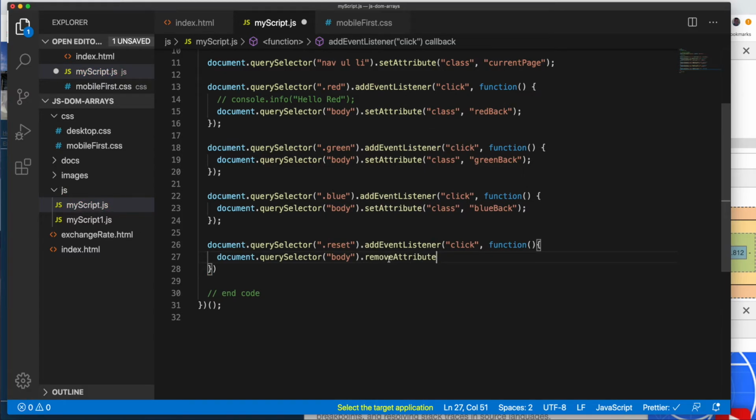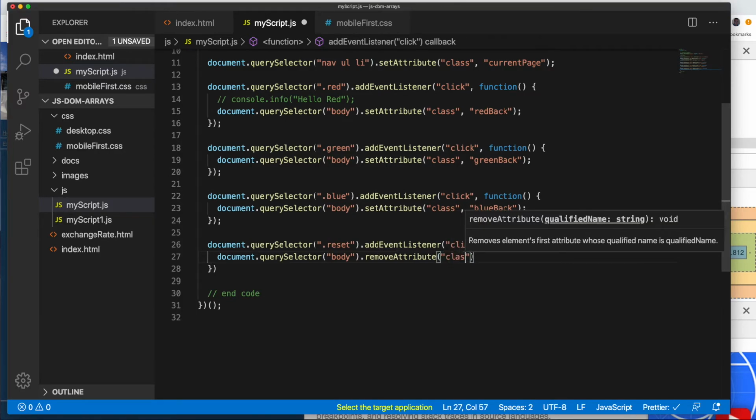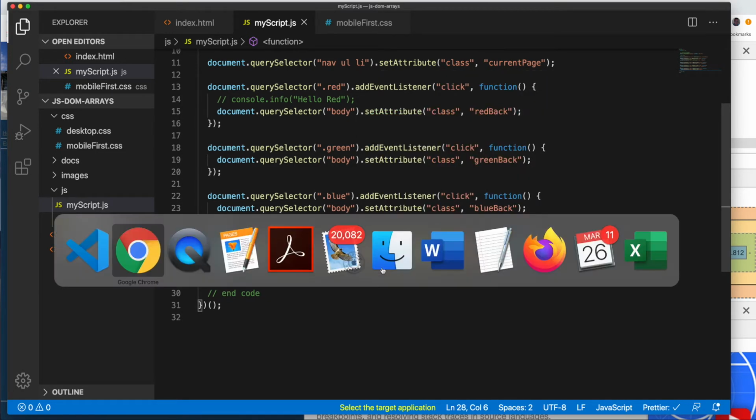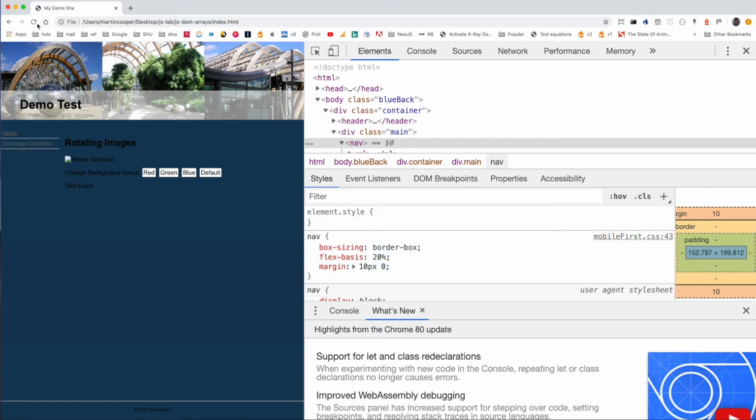So it's a verb, noun, remove attribute. It's going to do exactly what it says on the tin, and the attribute we want to remove is class. Okay, so that's going to take the class, which will either be blue, green or red, and remove it, and that'll